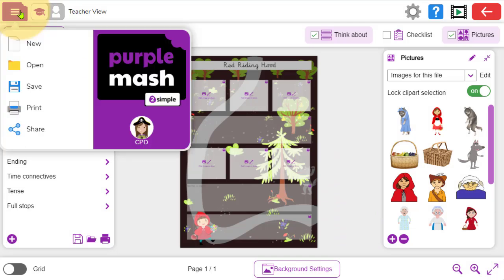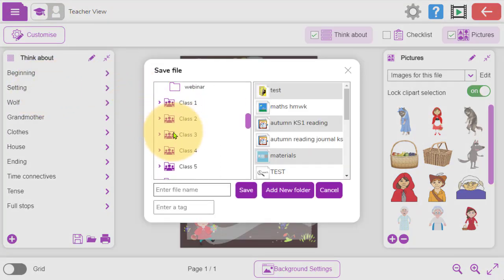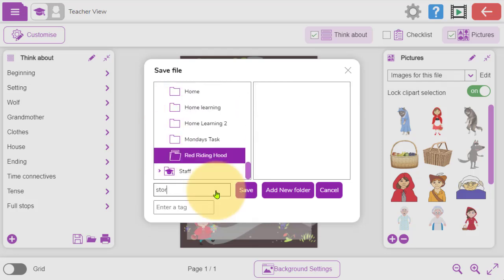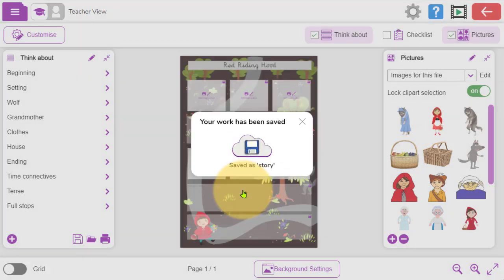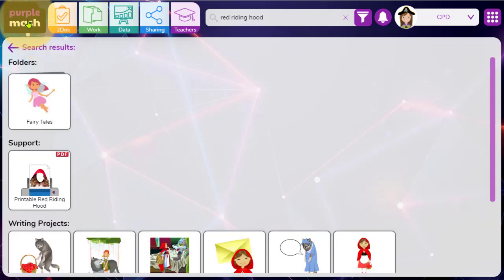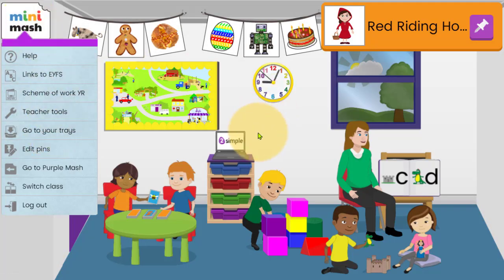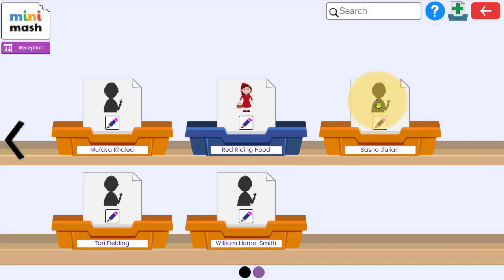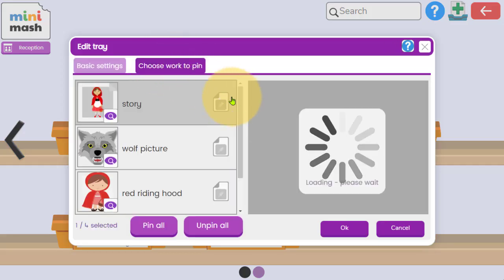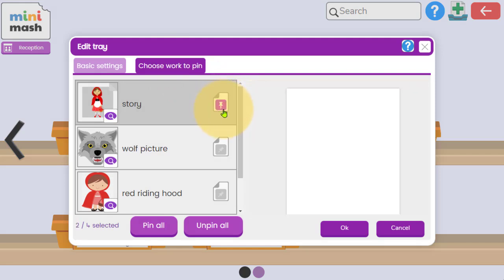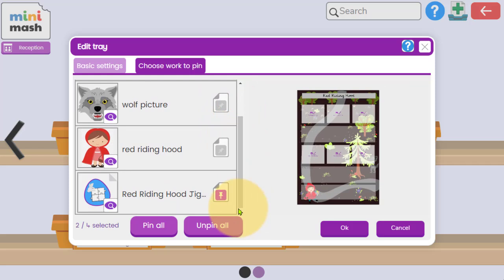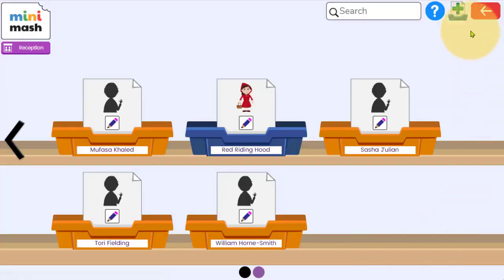and then I can save that to that tray by navigating to the school folder. And then that will now be within that same tray that I can then pin up within Minimash. So if I navigate to that tray, I've now got more work to choose from. If I select the little purple pin icon, that will then be added to the pin. So you can change this daily, weekly, or at the end of a topic. And if I press OK now,